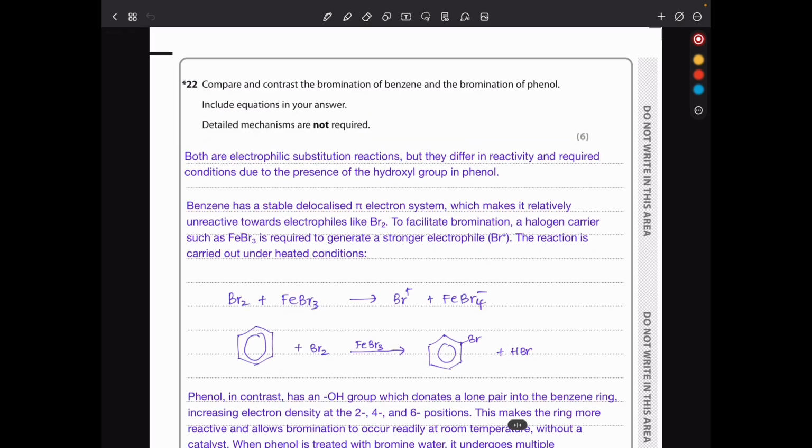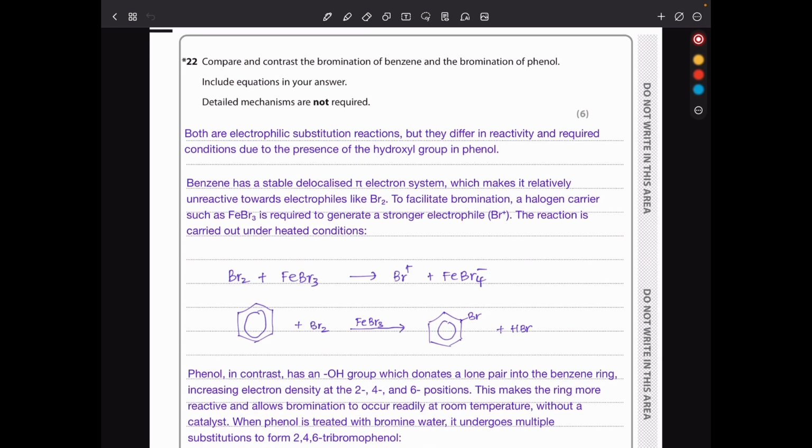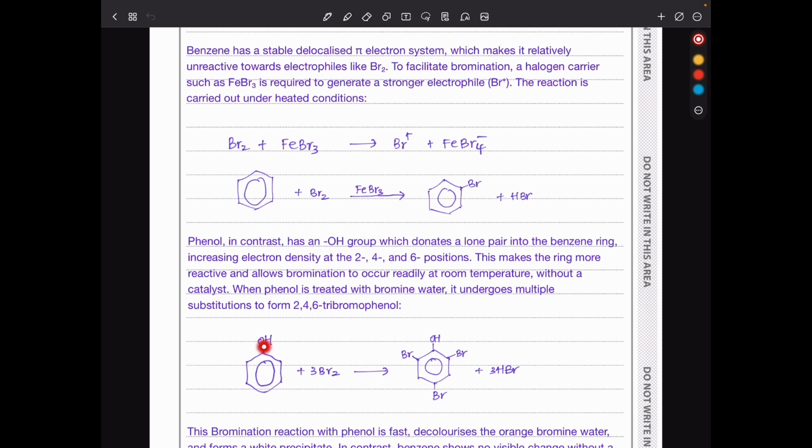In question 22, compare and contrast the bromination of benzene and the bromination of phenol. Include equations in your answer. Detailed mechanisms are not required. Phenol is easily brominated in comparison to benzene because from phenol we have an OH group. This OH group is electron donating, and so it increases the electron density in here, making the ring more susceptible to electrophilic attacks. And when these reactions take place, we have position 2, position 4, and position 6, meaning